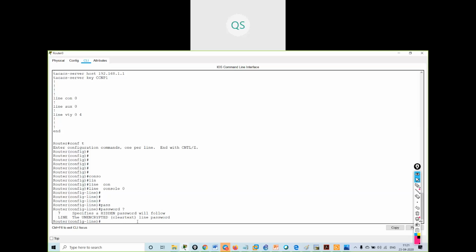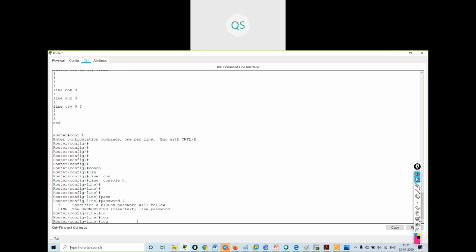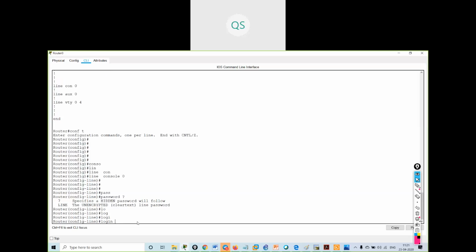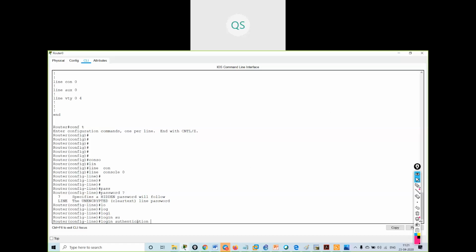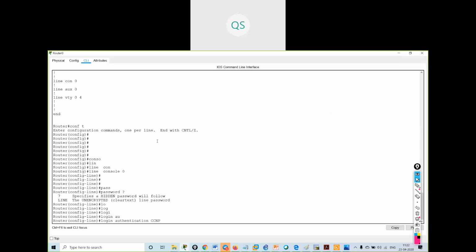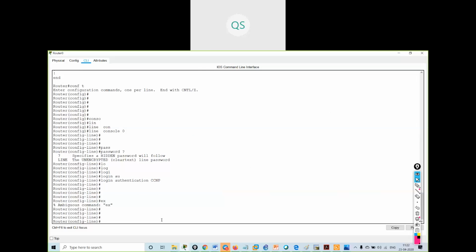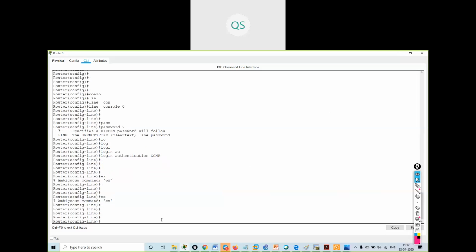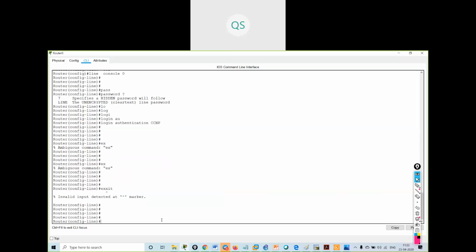Password I don't have to give, I have to give login authentication, then whatever name we have given for the authentication. We have given CCNP. At the login, use authentication CCNP. Okay, understood?